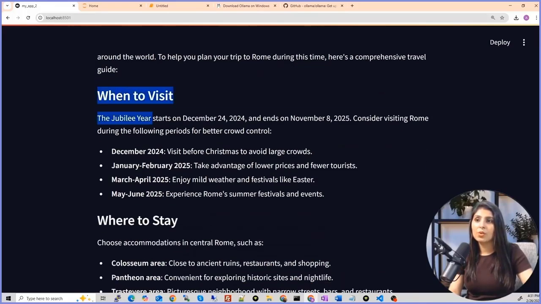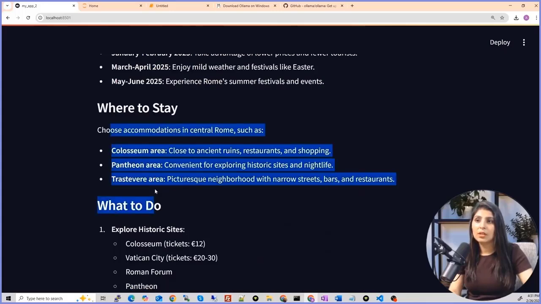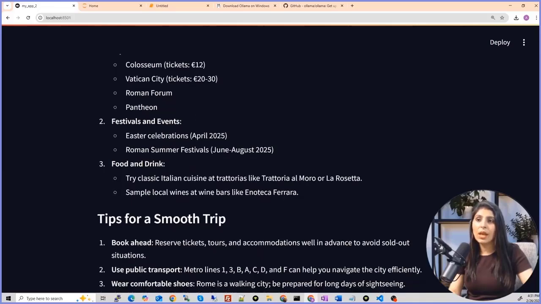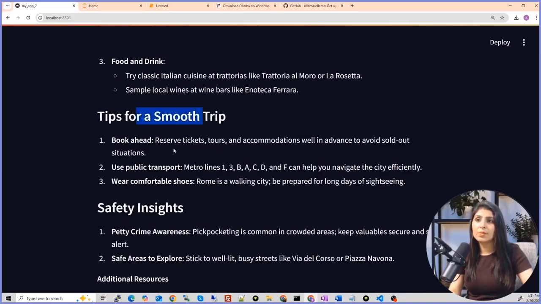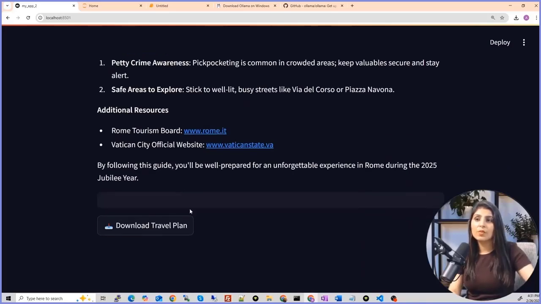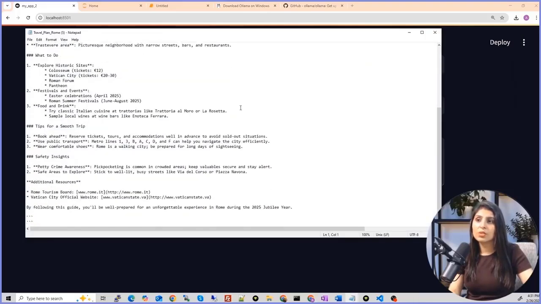See, when to visit, then where to stay, then what to do. These are the different activities. Then tips for a smooth trip, safety insight, additional resources. And if you want to download it, click on this download, and here you can see all those details.